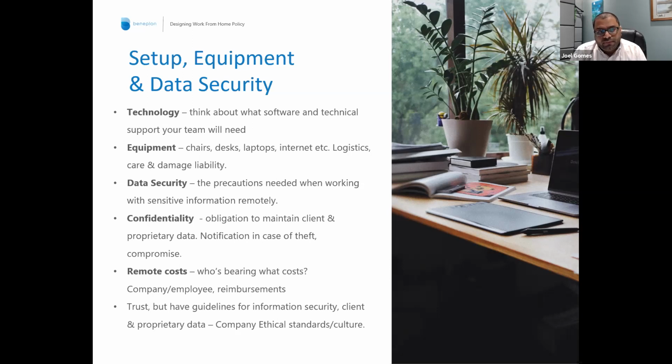We'll start off next with talking about setting up, basically from a policy standpoint as well as from a real world setup standpoint. So now that we've embarked on creating this policy framework, if you will, what goes into that